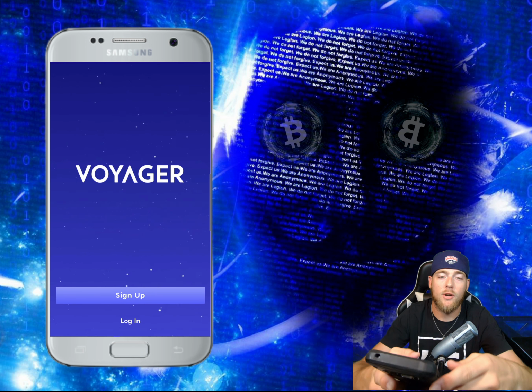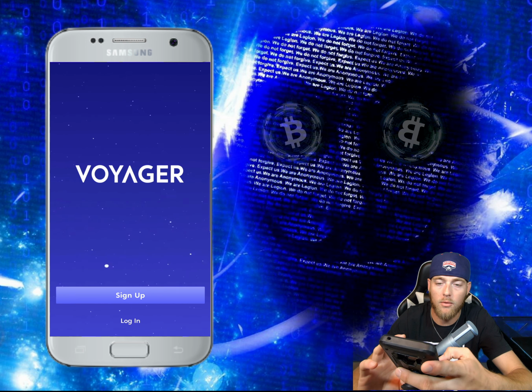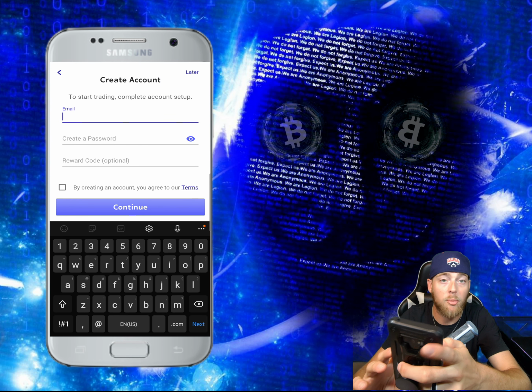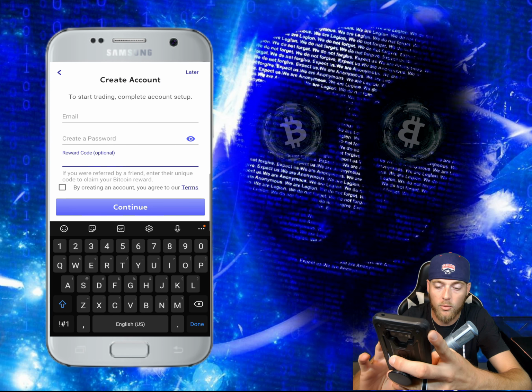Once you have the Voyager app downloaded, open it up, click sign up. You're going to type in your email, create a good password, and then if you would like $25 worth of